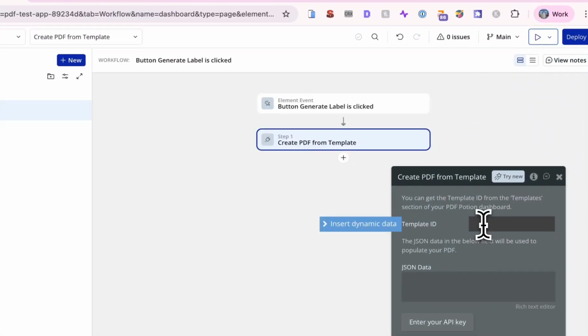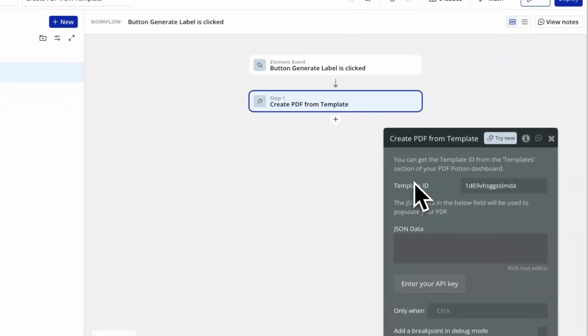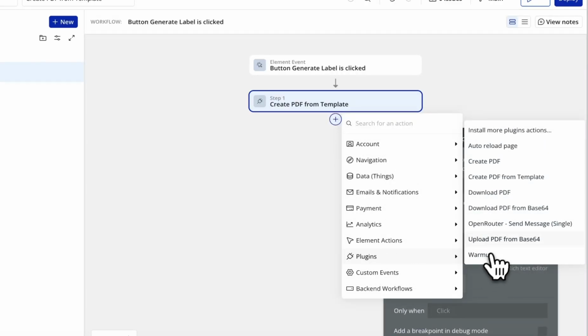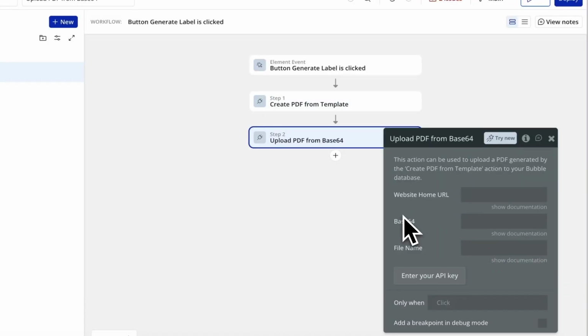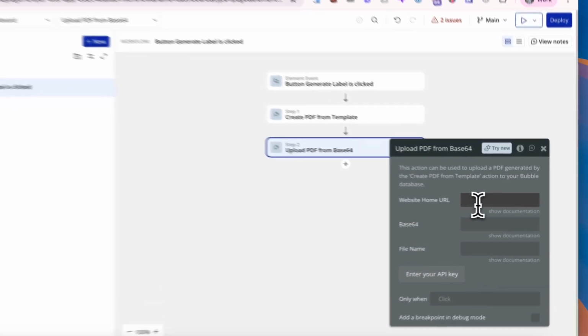Let's just put that in there. So this is going to tell DocuPotion to create a PDF of this and send it back to our Bubble application, but we do need to trigger the upload as well. So what we're going to do next is under plugins, there's going to be another action called Upload PDF from base64, because DocuPotion is returning the PDF in base64 format, so we can use that to upload it to our